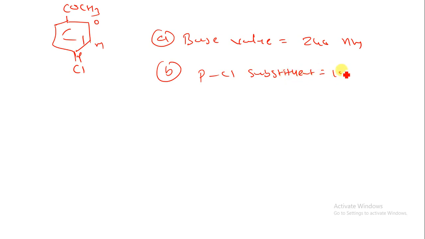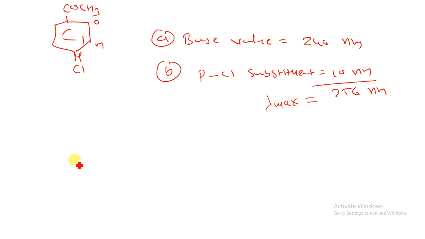I have to add 10 nanometer, so it will have 256 nanometer. So here I am not having any ring residue or exocyclic double bond or conjugation system or diene system. So in this aromatic system, there are only two types of calculation. First, you have to add a base value, second, the substituent. There is no other value you have to add.